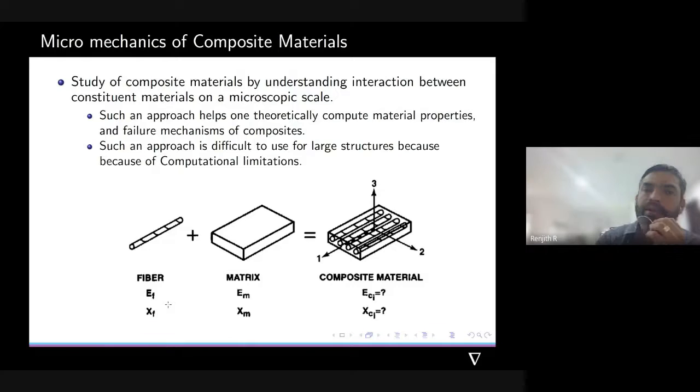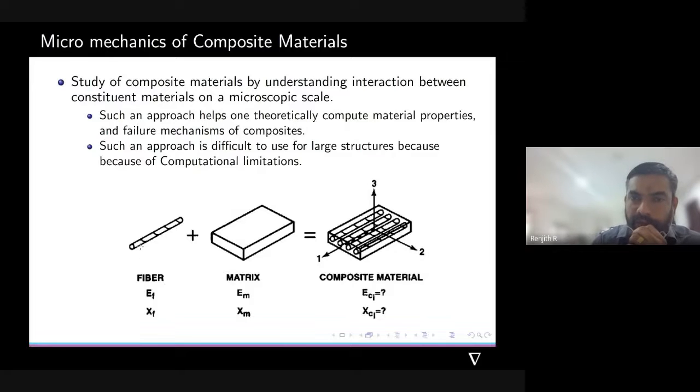And in the case of fiber, most of the time we will take the constituent material as an isotropic material, because if we take an orthotropic material, we have to do a lot of tests on the fiber and matrix to find out the properties. This is actually done in industry, but for most research purposes on the academic side, we will treat the constituent material as an isotropic one.